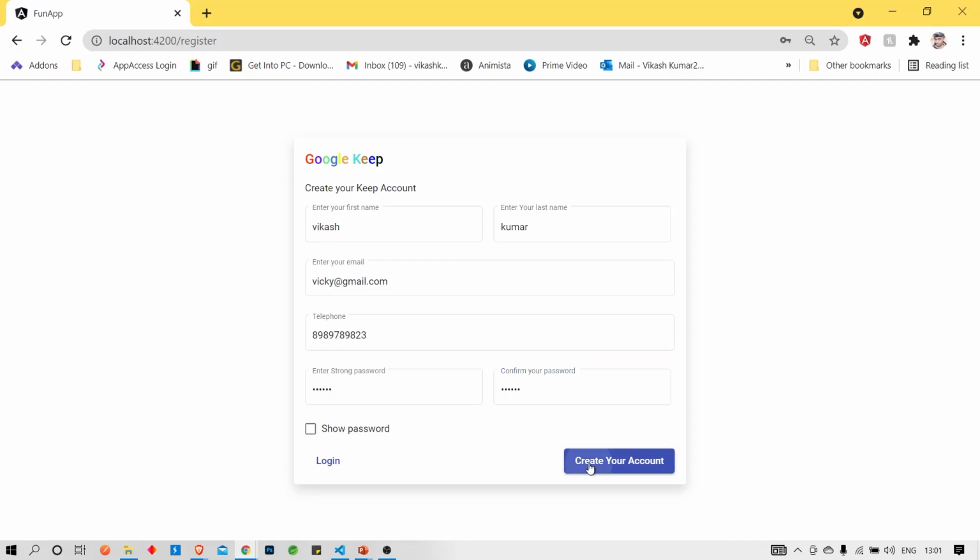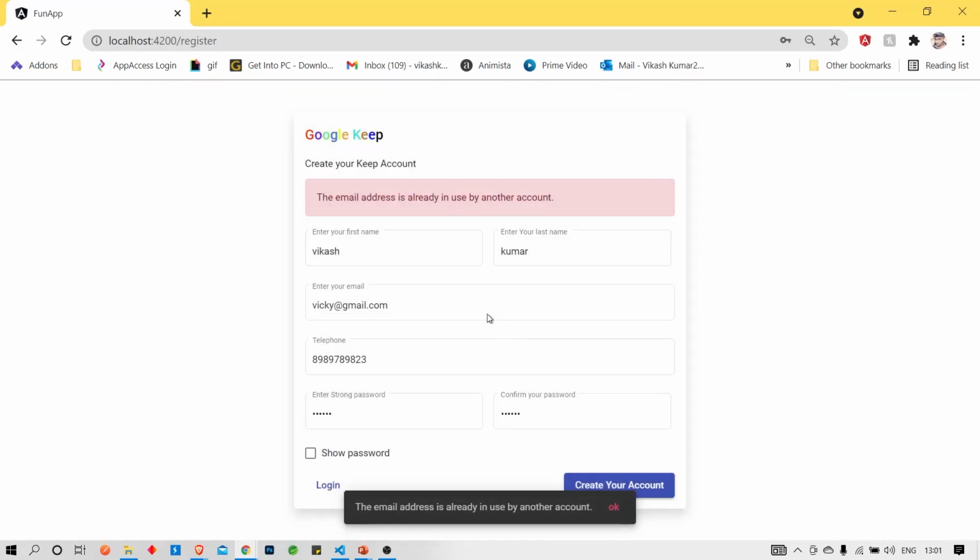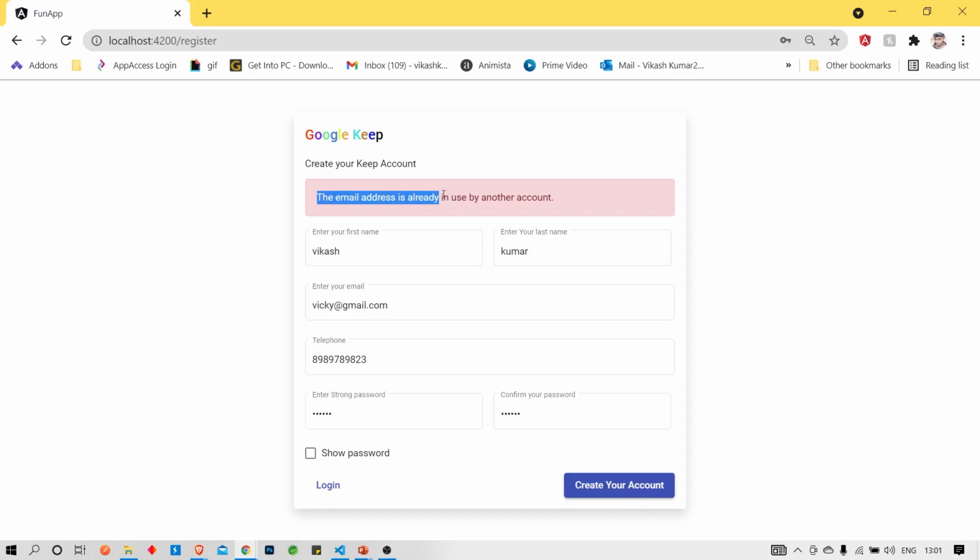So this is telling us that the email address is already taken by another account, meaning I have already created one with this name. So it's not accepting it. You can also see this is the error we are showing.